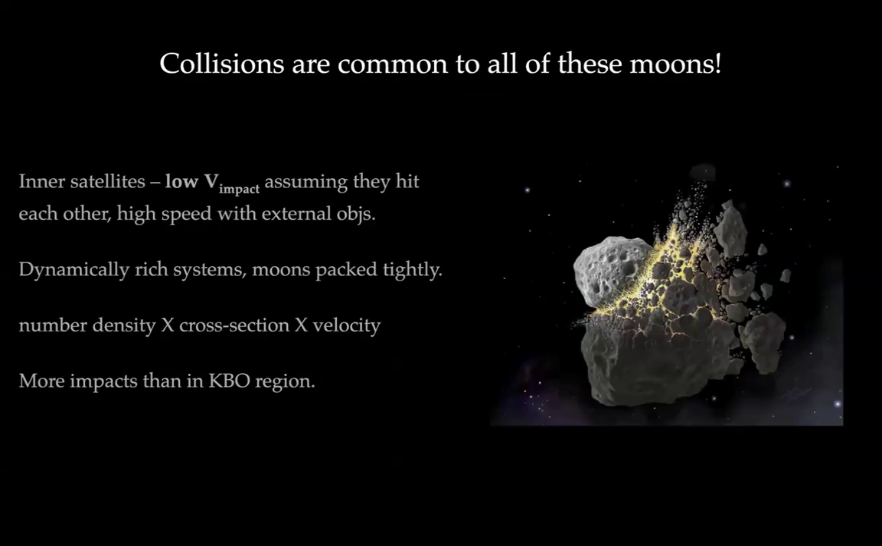Collisions are common to all of these moons. They experience collisions between each other and from external sources. The inner satellites are definitely going to hit each other because of the slow interactions with their host planets, the tidal decay they experience, and interactions with each other. They do encounter mean motion and inclination resonances with each other, and they might excite their mutual eccentricities and cause eventual collisions with bodies. When you have 13 moons at Uranus, they are bound to hit each other,